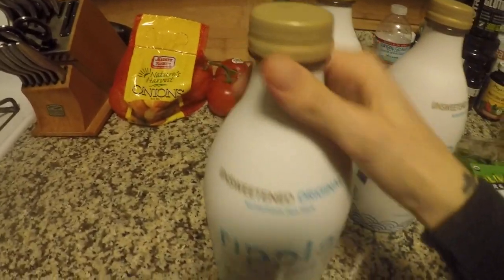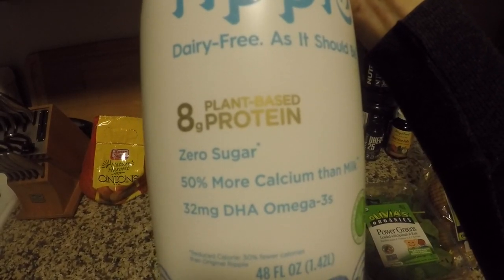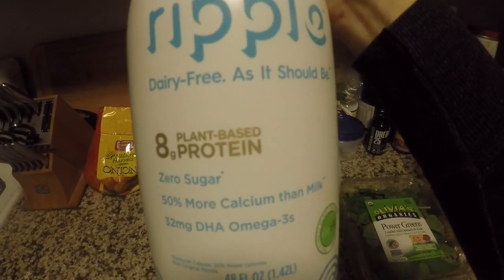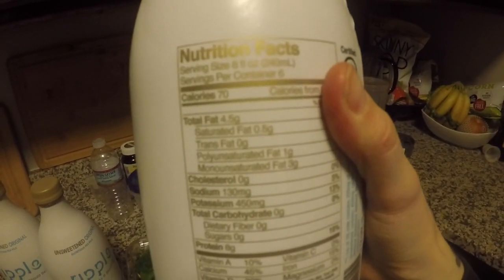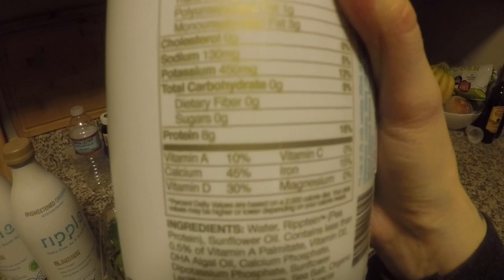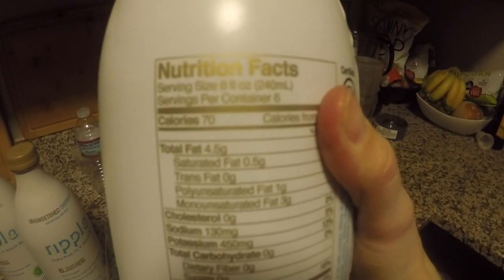The first thing that we got is this Ripple milk right here, and it is a plant milk. It comes from pea protein. It has DHA in it, which is awesome. It's also vegan, so the DHA does come from a plant source, not an animal source, and it's unsweetened. I really love the nutrition facts on this because it's very comparable to what you would see in cow's milk, where it has a good amount of fat, a really good amount of protein, 8 grams of protein. It's fortified with the calcium, vitamin D, iron, all that good stuff that you would find in cow's milk,